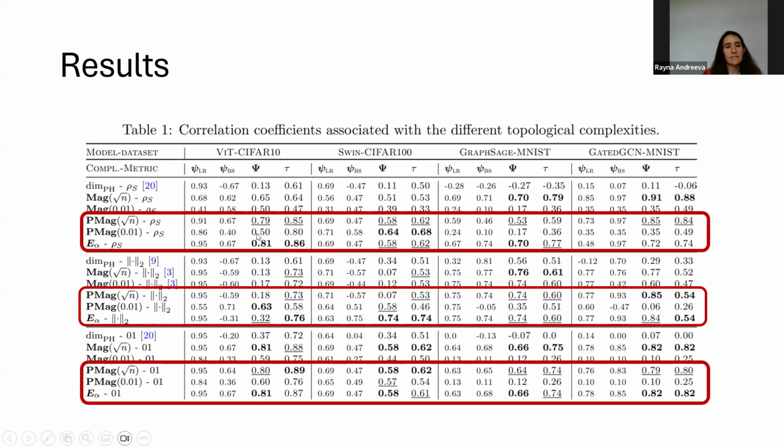And what we see is that our measures are consistently outperforming the persistent homology dimension and also other measures from literature. And we base this on the average granulated coefficient. So we notice here that this is happening across different metrics, and also we use 2 different loss functions. And we see that the pattern is consistent.